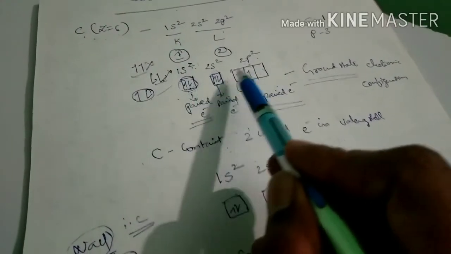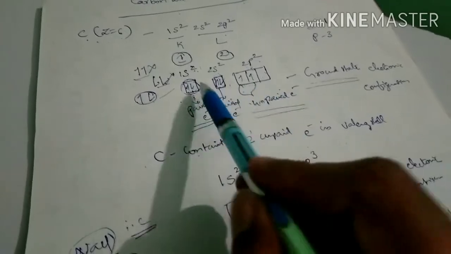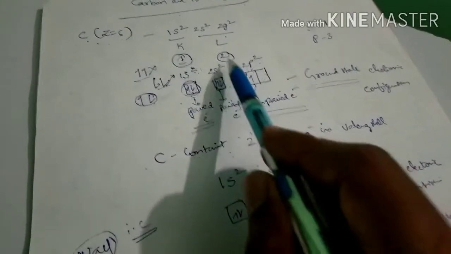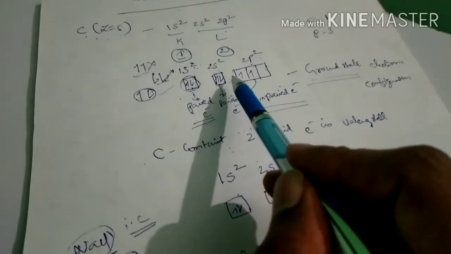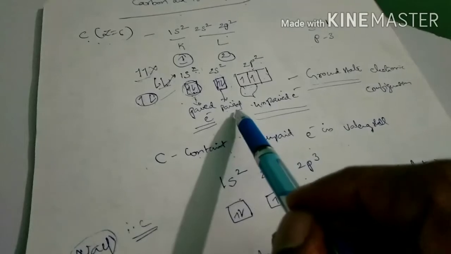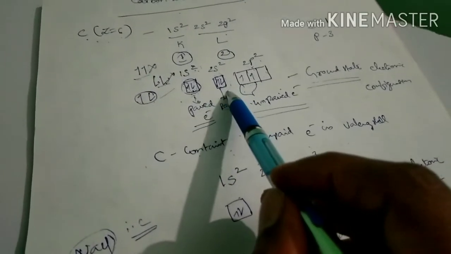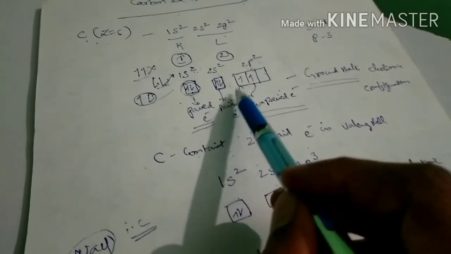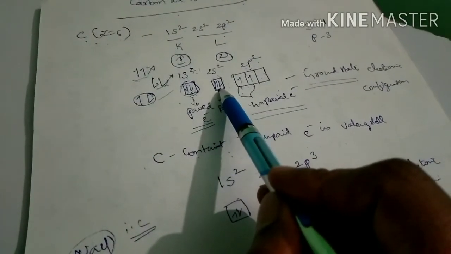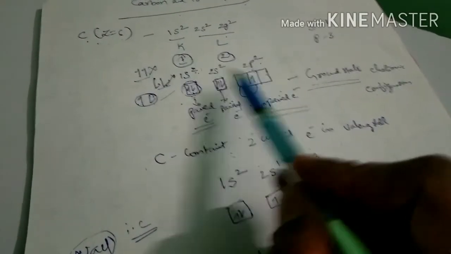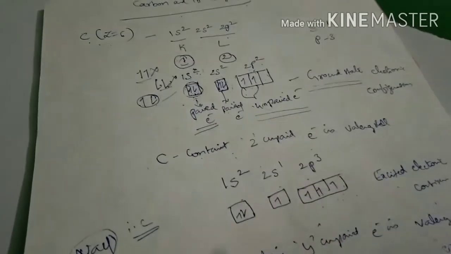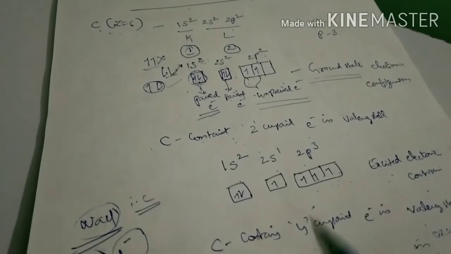This electron cannot jump into this subshell because this is the 1s subshell. That is present in the first shell, but these are present in the second shell. So excitation should take place in the same shell. I repeat once again, excitation should take place in the same shell. So if you apply energy, then this electron can only jump into this orbital. These electrons cannot jump into these orbitals because these two are present in the same shell. Next important thing.